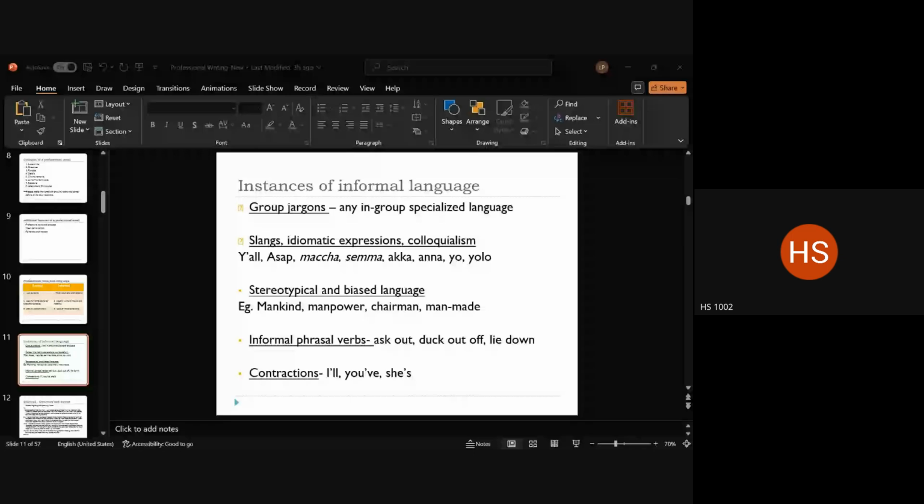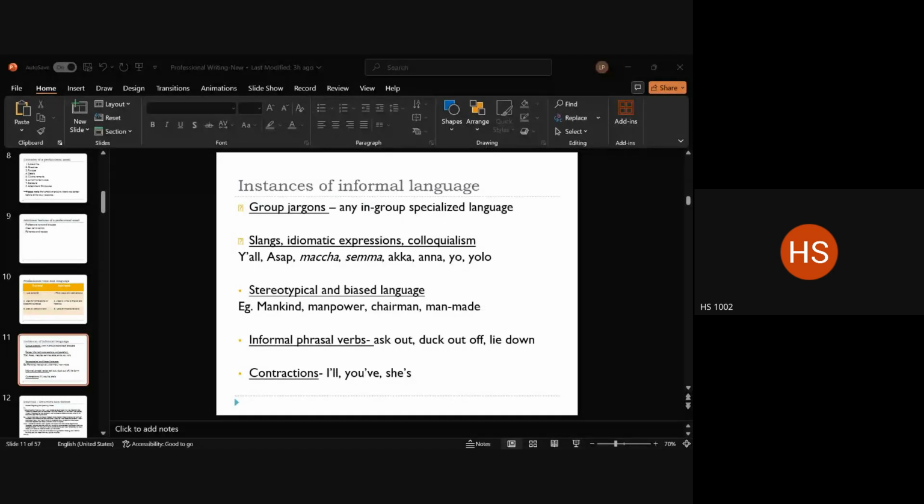So it could probably just be a decade and a few years more that people have thought that, okay, there's a lot of bias that has become a part of our language too because of the way we have been conditioned. So we need to now actively use words that are more neutral, right? Something that is, if not neutral, at least not biased. Okay. So that's the point here, stereotypical and biased language.